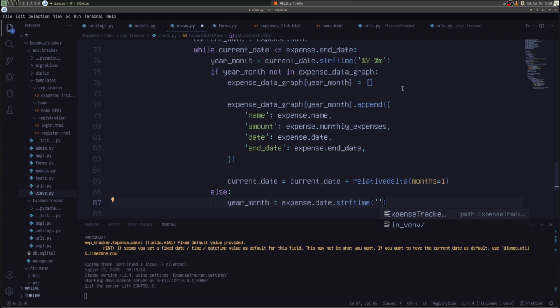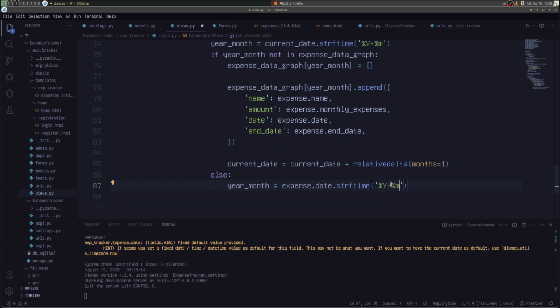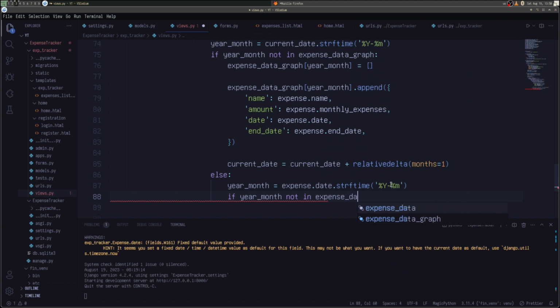I have done so. %y %m. If year month not in expense data graph,